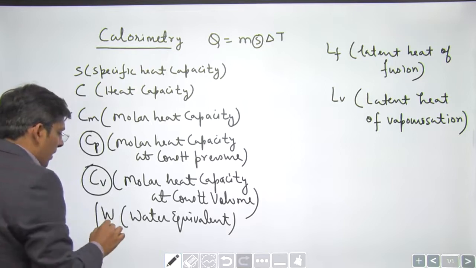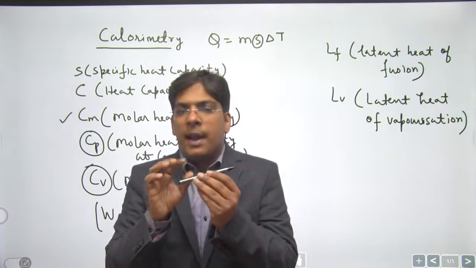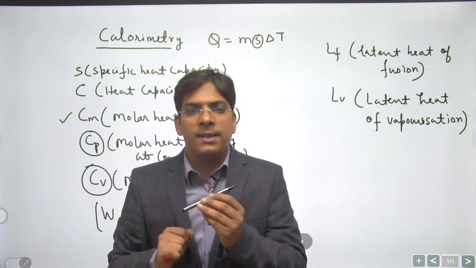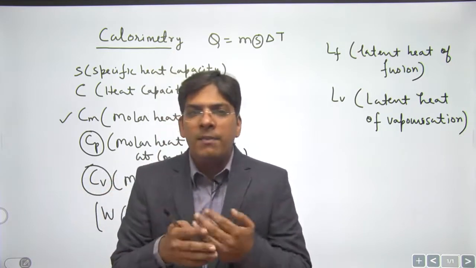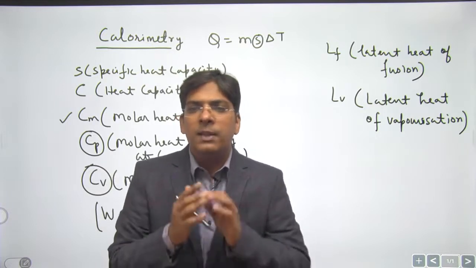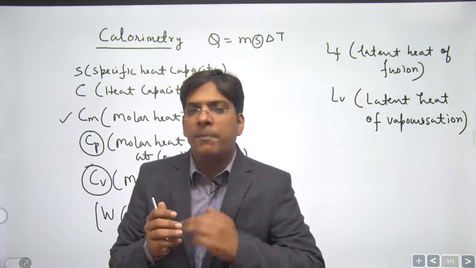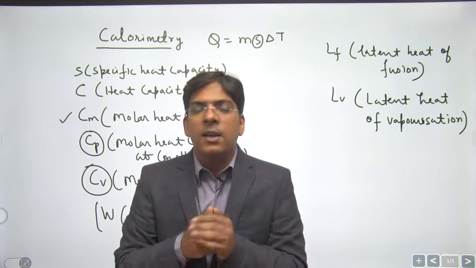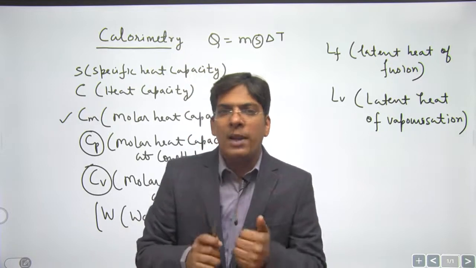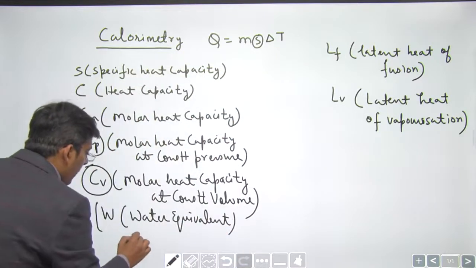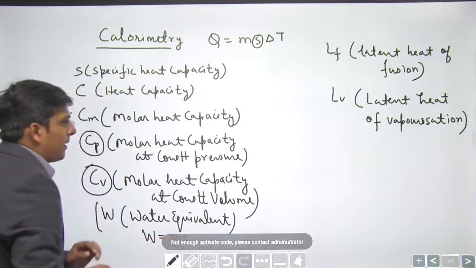What about the water equivalent? Suppose this is a marker. I supply 100 joule of heat to this marker and its temperature rises by 2 degrees Celsius. Now I want to replace this marker by some amount of water which would behave in the same fashion, that is, if I supply 100 joule of heat to that water, its temperature also rises by 2 degrees Celsius. That amount of water is called the water equivalent of the marker. To find the water equivalent of any substance, you multiply the mass of the substance by its specific heat capacity.